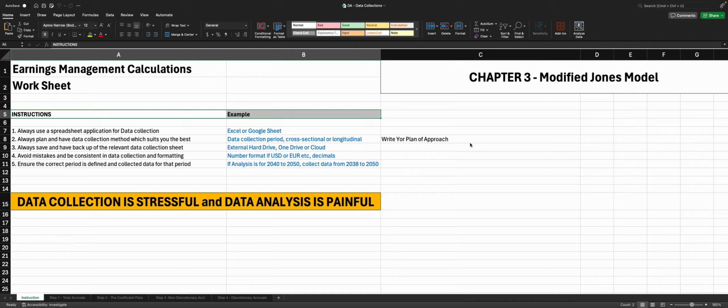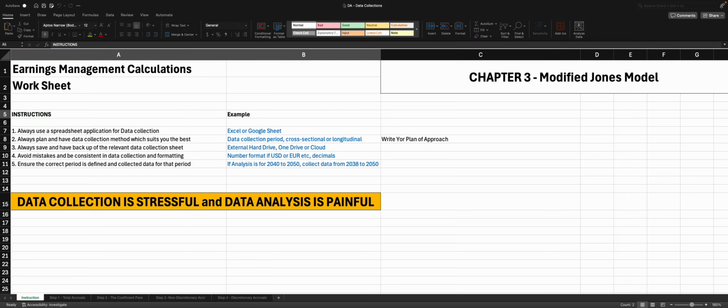If you don't plan, you will fail. It's as simple as this when it comes to a tedious task like data collection and data analysis. If you fail to plan, then you're planning to fail. Simple as that. So the next thing I want to elaborate on is